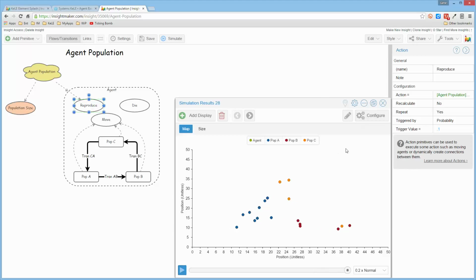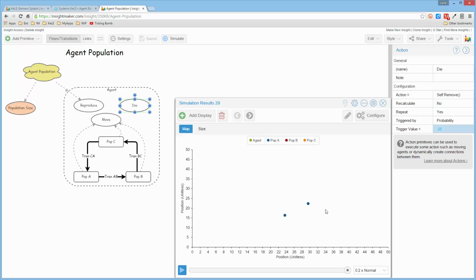So the additional aspect of this is that we can go ahead and add another action, the action being for an agent to remove itself from the population. And we can set up and say that there's only a 5% probability that the agent will actually die, and that will change the number of agents that we end up with over time, because you notice at some point in time it's gone from 3 to 2 to 1 back to 2,